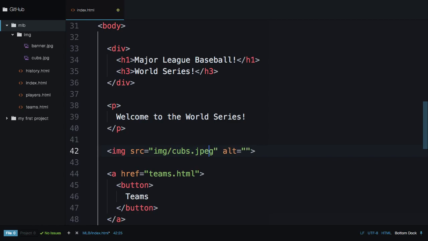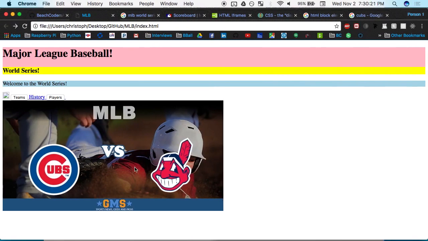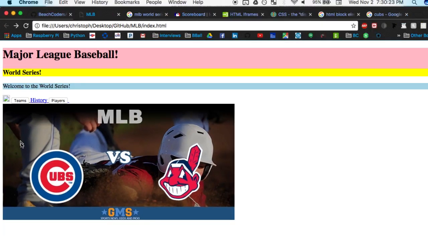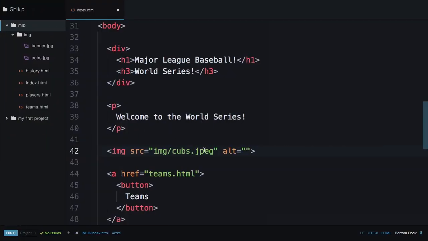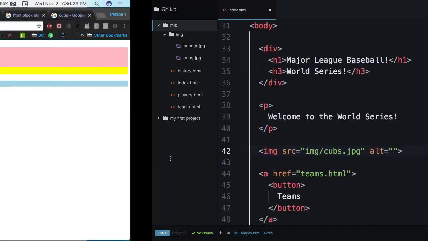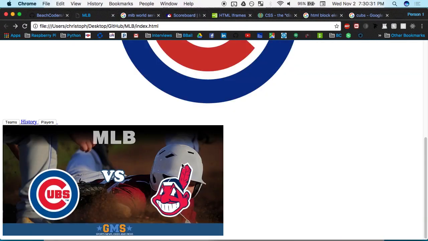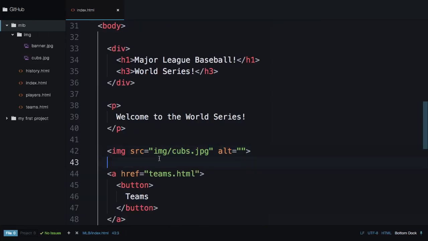So img/cubs.jpg. If it was JPEG, no dice. It doesn't work. There's nothing called cubs.jpeg. So pay attention to that. All right, and there we go. We got this massive Cubs image. All right. Now,